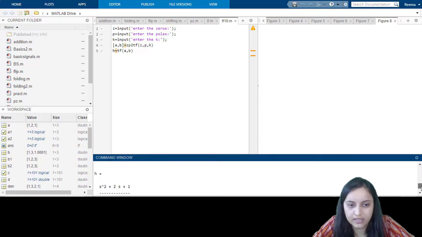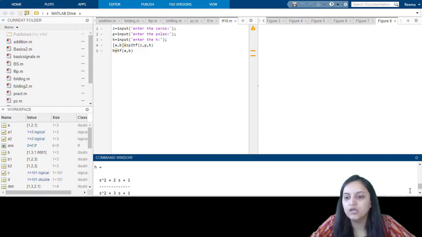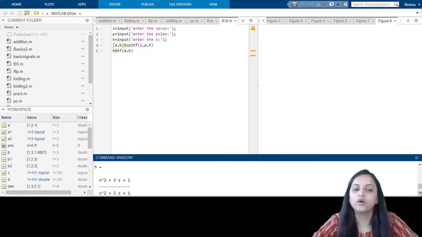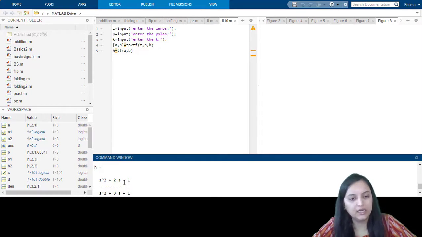So it will return us the transfer function, which is over here. In this case, as you can see, h equals to s square plus 2s plus 1 upon s square plus 3s plus 1. So the values of poles and zeros which I have entered were for this transfer function. I have checked it and entered accordingly. So you can enter the values of zeros and poles according to your transfer function or according to your data, and you will obtain the transfer function based on that.